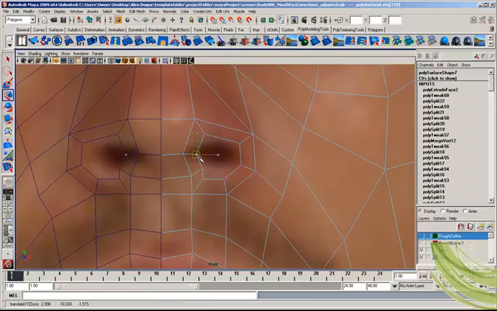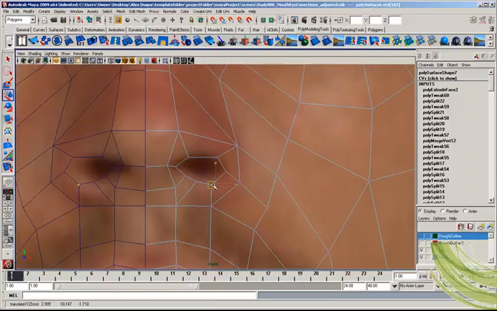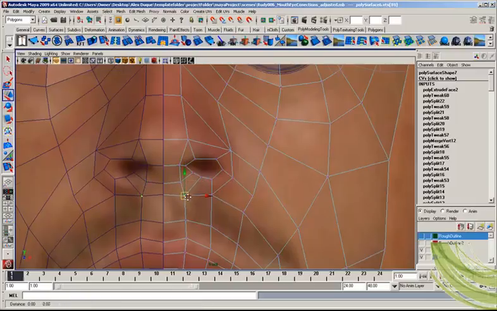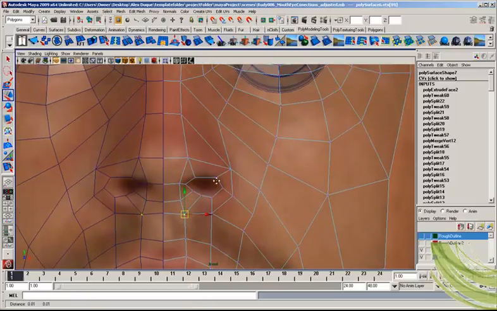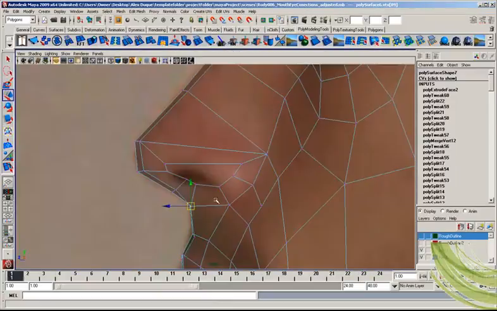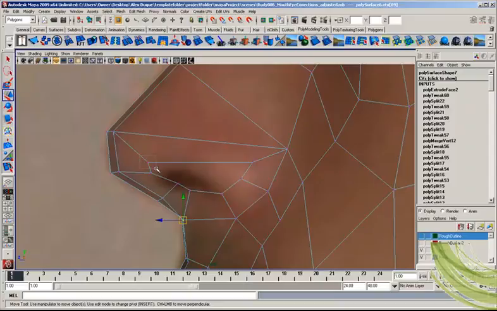It depends on the actual nostril how you're going to be forming it, but you want to make the main outline of that nostril there. There we go. And if we look at it from the side, it's higher than what it should be,